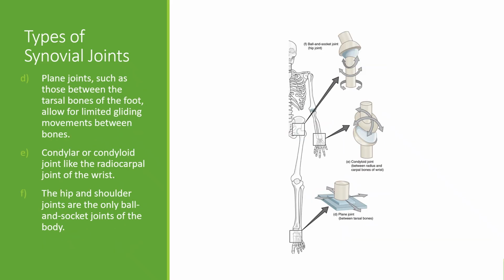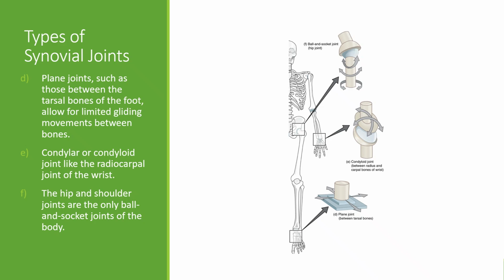Plane joints are when you have two bones that are literally gliding by each other. So the carpals, you have 8 bones that make up your carpals, your wrists, and 7 bones that make up your tarsals, or your ankles. Those are kind of squarish bones, and they have some movement to them, and they glide next to each other. They slide and move next to each other. A condylar or condyloid joint is found at the radiocarpal joint in the wrist. That's the classic example of that. Where the radius, which is the bone on the thumb side, meets your carpals, you're going to have a condylar joint. It's kind of an oval shaped